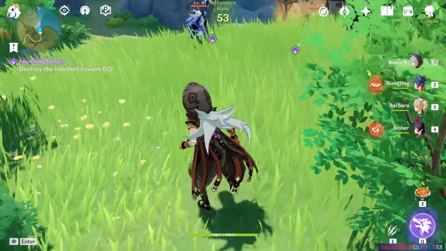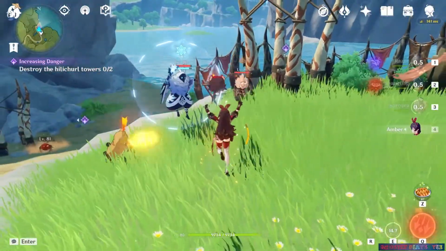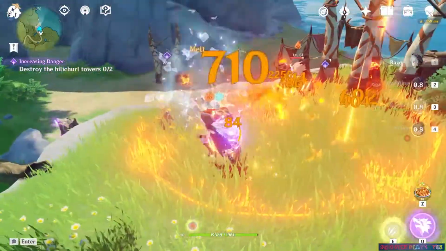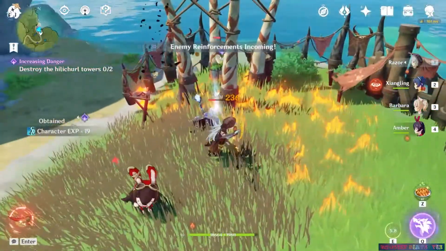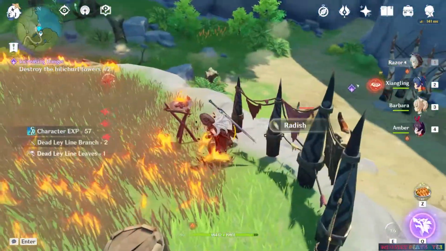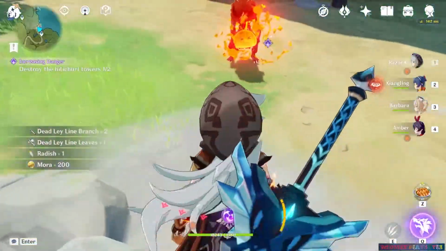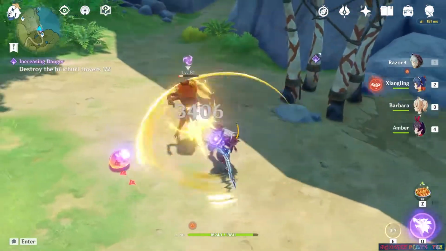GeoMC main DPS. General DPS notes: you can detonate your constructs by casting E with 2 other constructs active in the field, or just casting one on top of another construct. This will do double damage on your E, which has a pretty high ATK % scaling on a low cooldown. Charged attack spamming isn't recommended because Traveler's charged attack animation is pretty bad